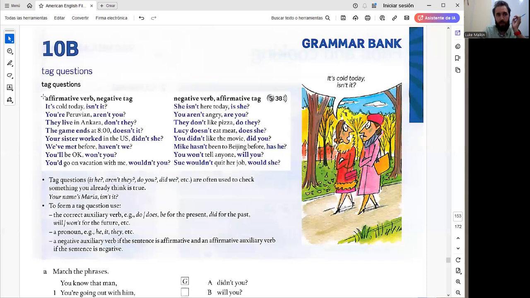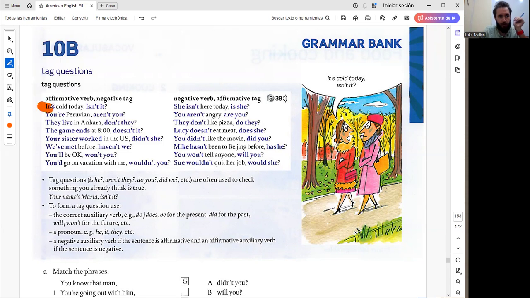Adults for can be tag questions. Now, my quick advice for tag questions in speaking is you can just use the word right to check information. It's cold today, right? But it is more natural in English to use what we call tag questions. And a tag question takes the auxiliary verb from our sentence that we just said, changes it so positive becomes negative, negative becomes positive, and you match the same pronoun. I'll show you what I mean.